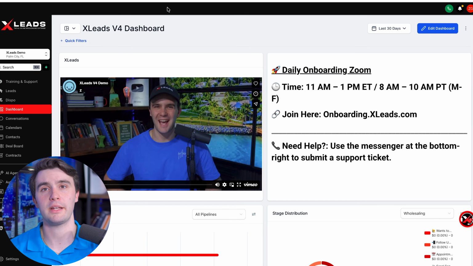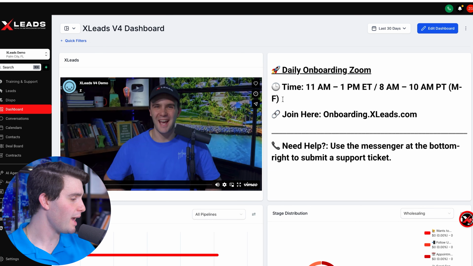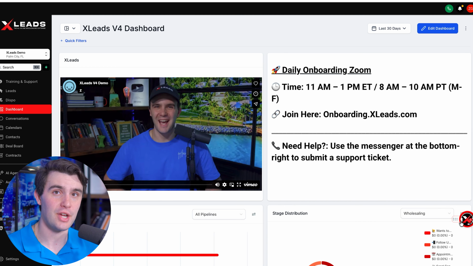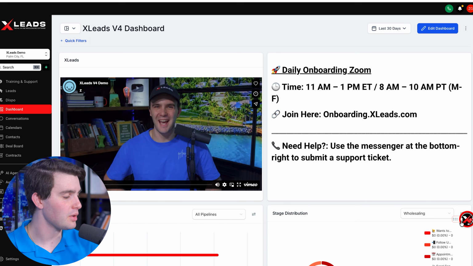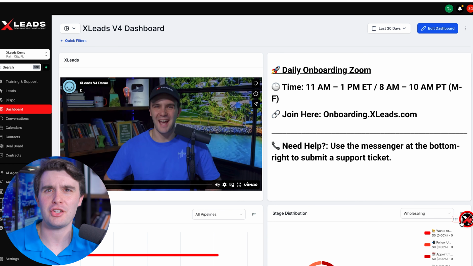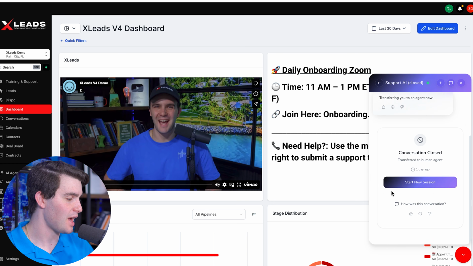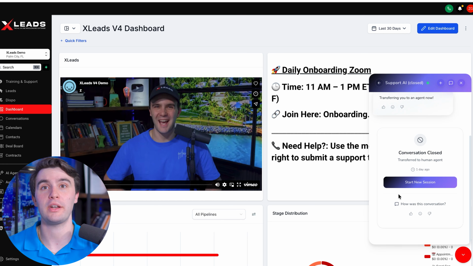But what's really important here, and for anybody who has any confusion with SMS text blasting, is we have right here our 24-hour live chat support. And this is very important we utilize this, because if you have any questions on how to text, what are the automations, how tagging works, any question at all, guys, all you have to do is click this button right here and get in front of a live chat support agent. You're able to do this 24/7.